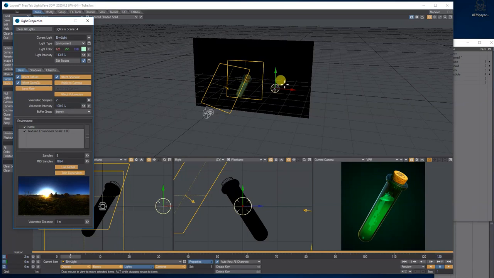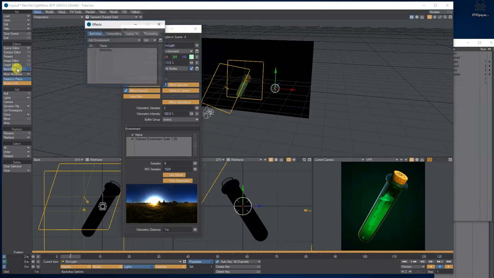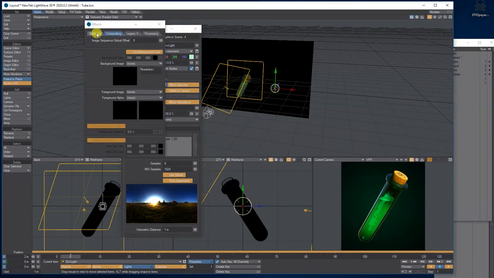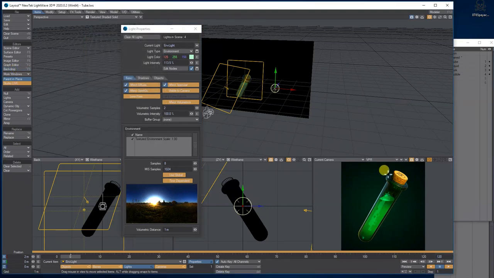So looking at the lighting, I've got my basic environment light with an HDRI that I got from HDRI Haven, and literally put it on. But I've also, in the backdrop, oh, well, you can't see it, sorry, because I've got that screen, so that's fine. I just want it to help with the reflections slightly, and I've also given it a tint of green and increased it very slightly for that.